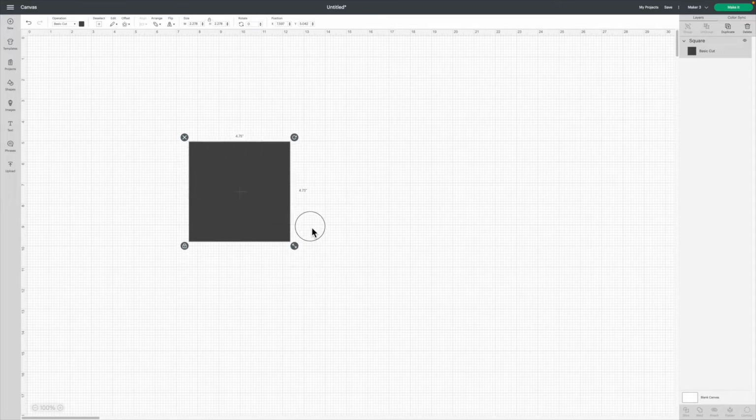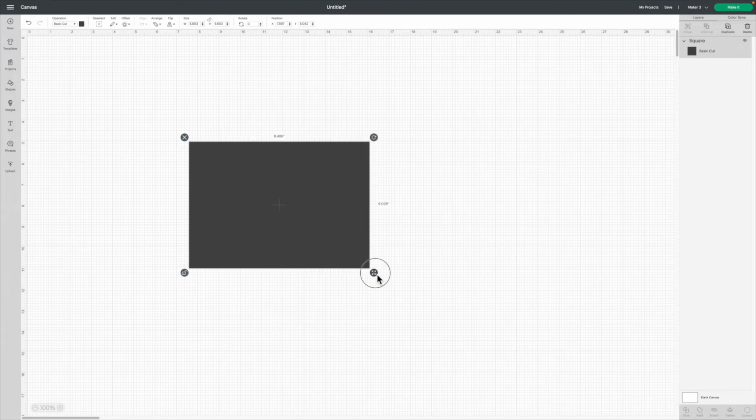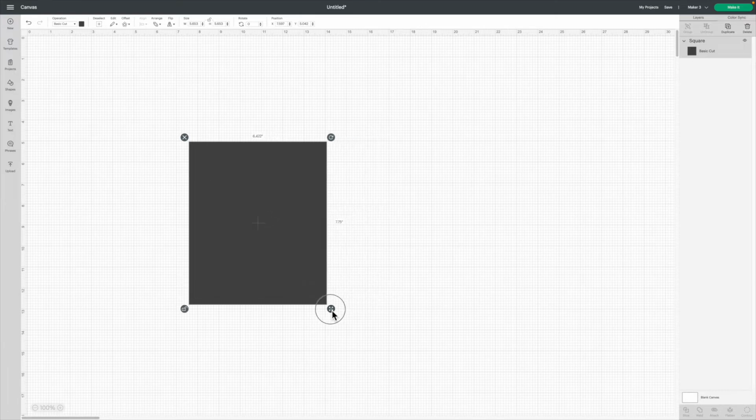It stays a square. We will need to unlock the proportions to turn the square into a rectangle we need for a card. We can unlock the proportions by clicking the little icon at the bottom left. Now we can resize the square and the proportions will not be locked.